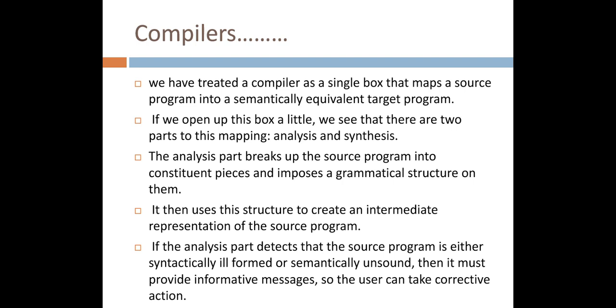Starting from the lexical analysis phase, we move further to the syntactic analysis phase, and further to intermediate code generation, then code optimization, and finally to the code generation phase. But along with all these phases, we use two more phases: symbol table construction or symbol table generation, and error detection and correction mechanisms. So these are the 7 phases that we have in the structure of compiler.